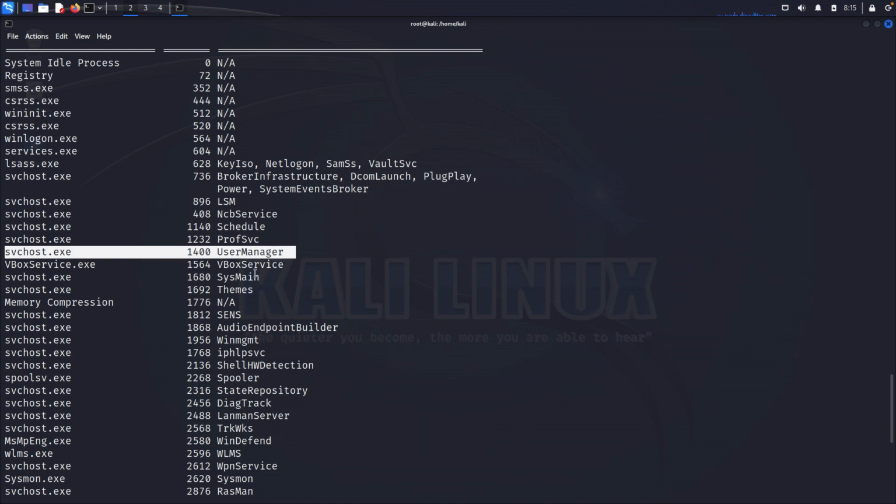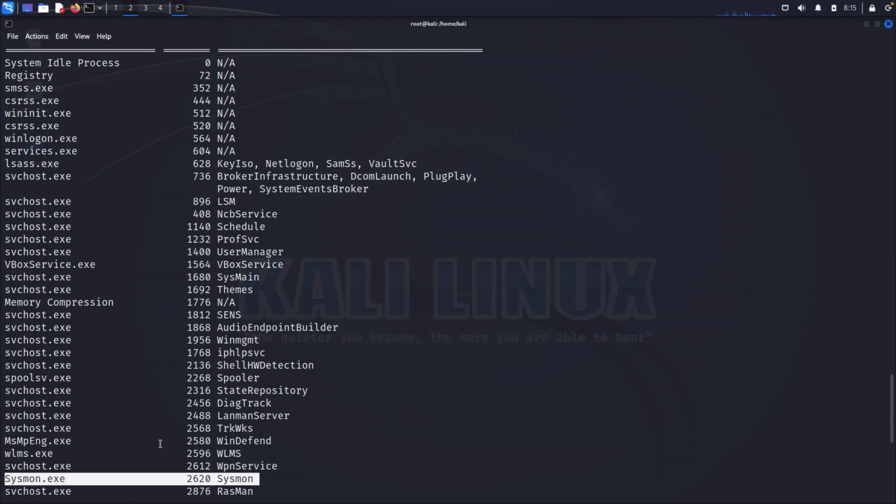Another option could be, for example, Sysmon. Sysmon is a security tool that usually accesses LSASS for authentication and security related tasks. That's 2620. I'll pick a process and service randomly, but you need to be